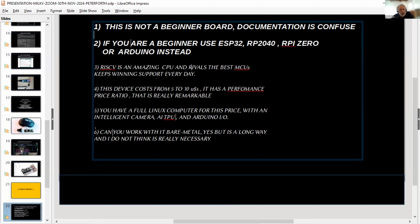The question is, can you work with this board bare metal? I am saying yes, but it's still a long way. And I do not think it's really necessary. So you can work bare metal, but you won't have Ethernet, for example. You won't have USB. You won't have access to SD card because it's complex. You need to have access to SPI. This is why I would say no to bare metal, except you have working bare metal on the secondary